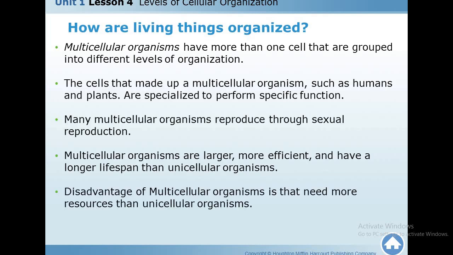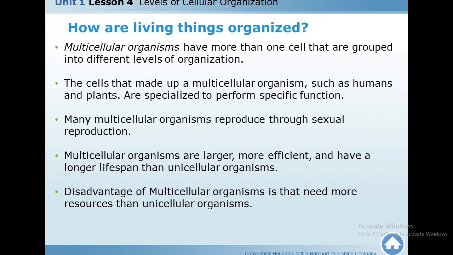The second type of the organism is the multicellular organism, and the multicellular organism, it is much more complicated. The multicellular organism is having more than one cell. It's not a single cell, so it's complicated because it can form the tissue, it can form the organ, and the organ can form the body systems. This is for the multicellular and not the unicellular organism. So the multicellular, they are having more than one cell, and they can undergo the different levels of organization. They are such as humans and plants and some animals.